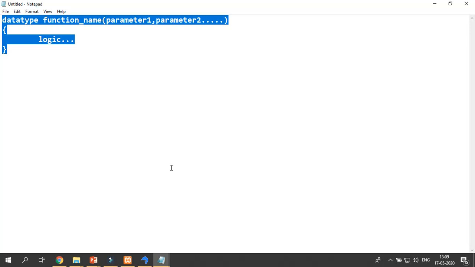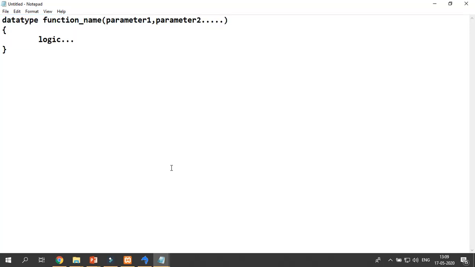This is the prototype of the function definition. This is the rule of writing a function definition in the C language.